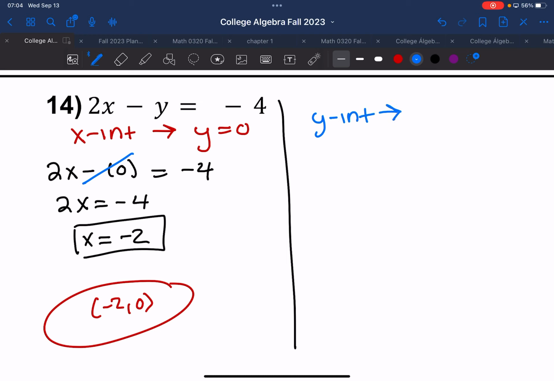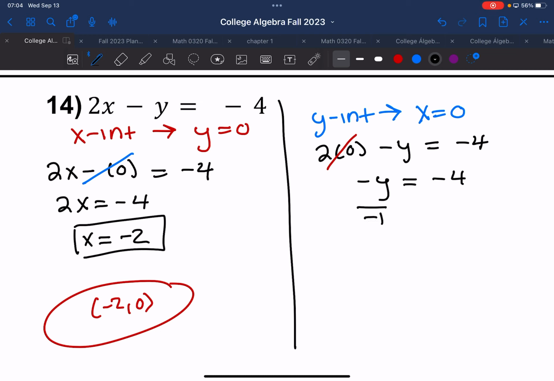Y-intercept is when what variable is 0? So now we're plugging in 0 for x. So I have 2 times 0 minus y is equal to negative 4. That 2 times 0 cancels. And when I bring down my problem, am I going to bring down just the y or the negative y? Negative 1. Good. I'm bringing down that negative y because it's attached to the y. So I have negative y is equal to negative 4. How am I getting y by itself? Divide by negative 1. Good. That's what's going to cancel out the negatives there. So that means I'm left with y is equal to 4, which means our answer is